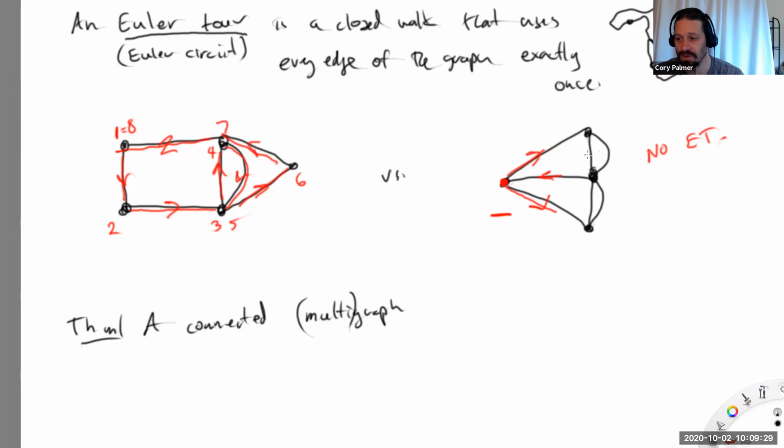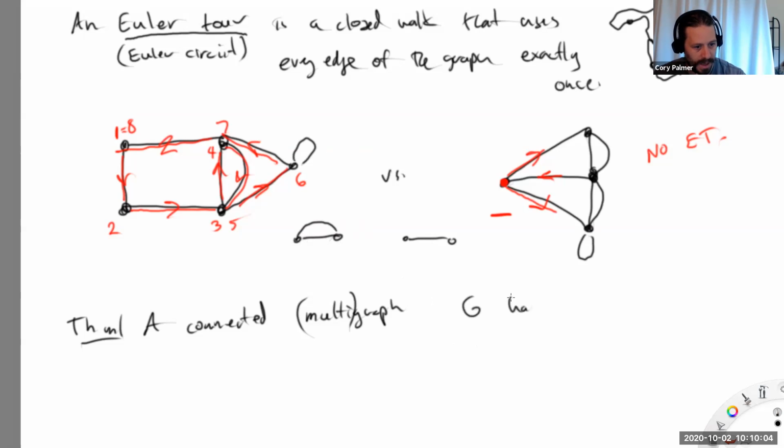But having multi-edges can change things dramatically, right? Just as a very simple example, this graph has no Euler tour. You start here, you end there, and that's it. But this one, maybe, okay, let's keep them the same. That one doesn't, but that does. That has an Euler tour, right? So multi-edges do have an influence here, but loops aren't going to change anything. Adding this loop here isn't going to magically give me an Euler tour, and over here, it's not going to take away the existence of an Euler tour either. Okay, all right, so connected multigraph,